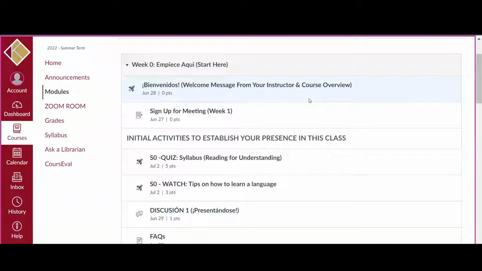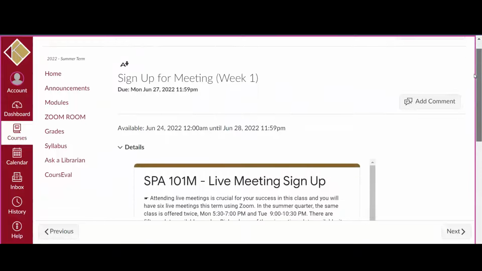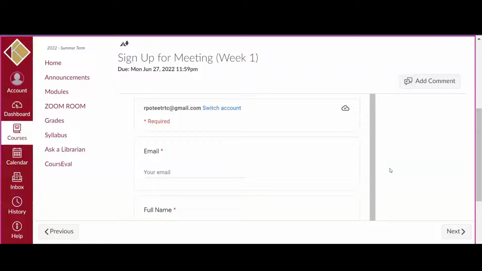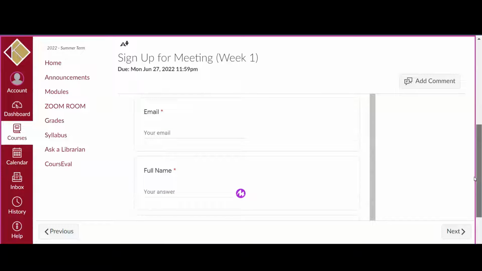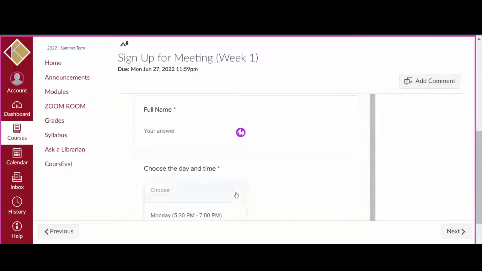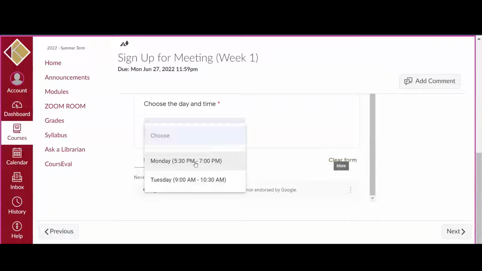In summer, I have fewer students, so I offer twice, one in the evening and one in the morning. So sign up. You come here, click. I will open in a new tab. All right, so it's a non-submission assignment. It's just there. So add your email here because you're going to receive a notification, a reminder of the day and time you picked. You write your name here, and then you choose here your day or time, Tuesday or